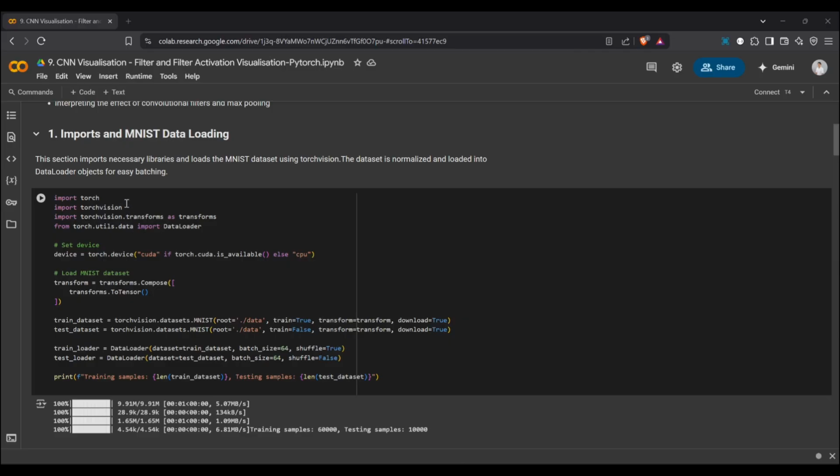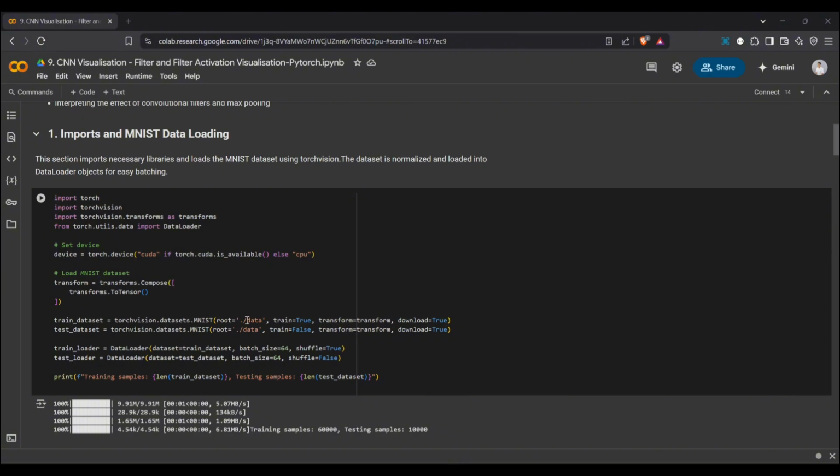We use Torchvision to download the MNIST dataset, as you can see here. As you already know, it is a collection of 28 by 28 grayscale images of handwritten digits.